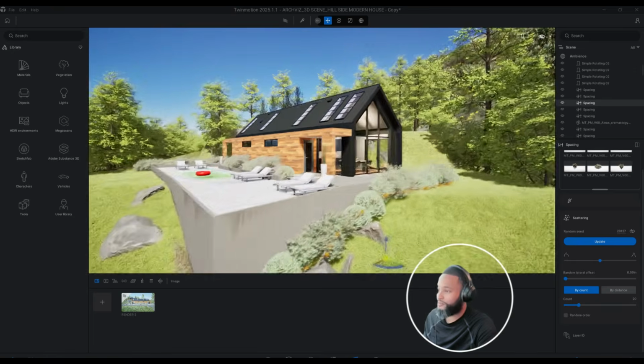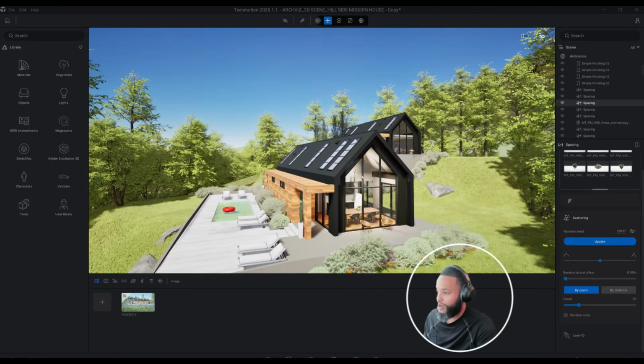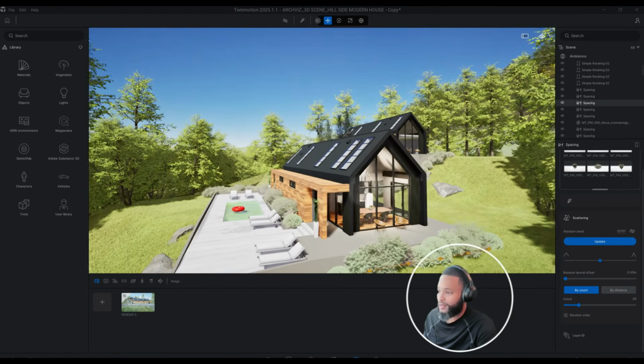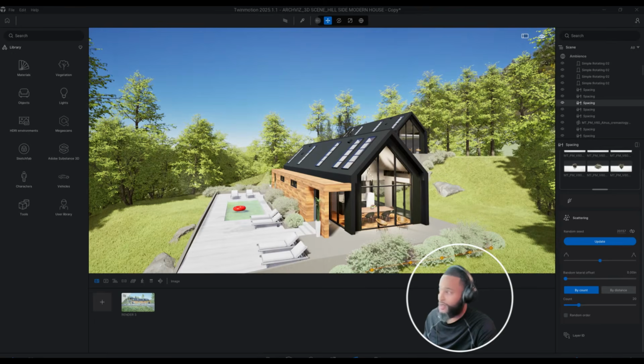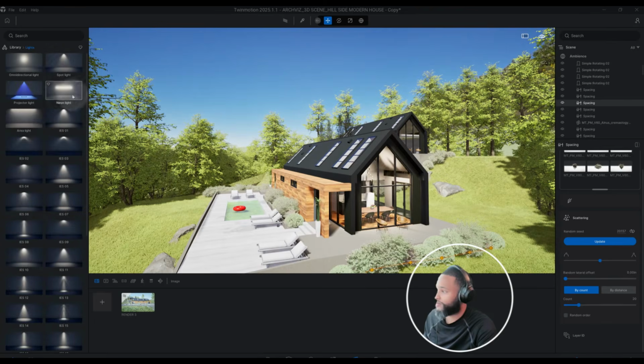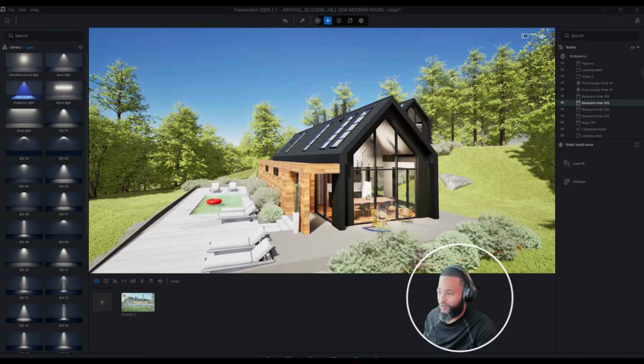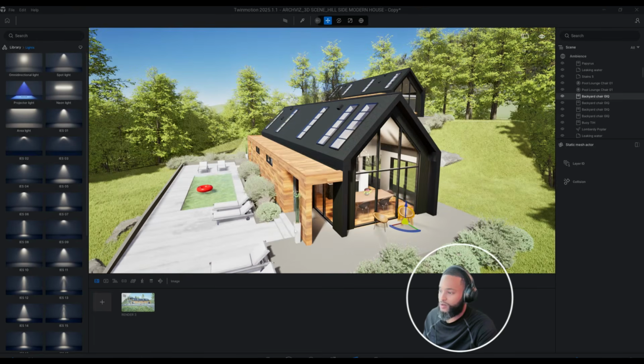All right, so as you can see, we do have some lighting that is set up in each of these scenes. I did use lights, and you go to area light, so I just use aerial lights in these scenes. And as you can see, we do have furniture, outside furniture and interior furniture. And